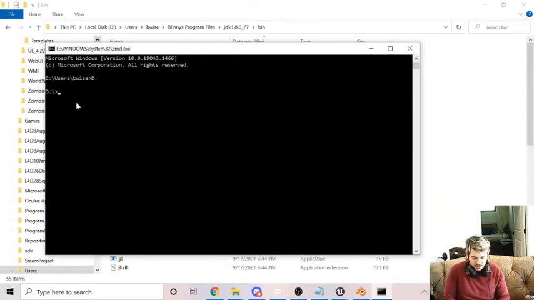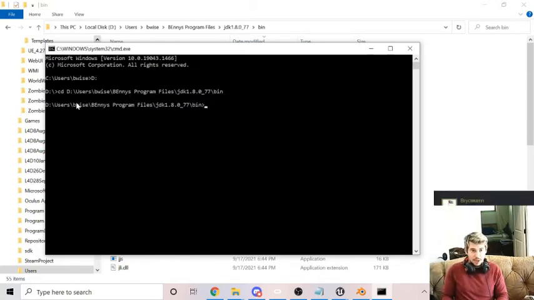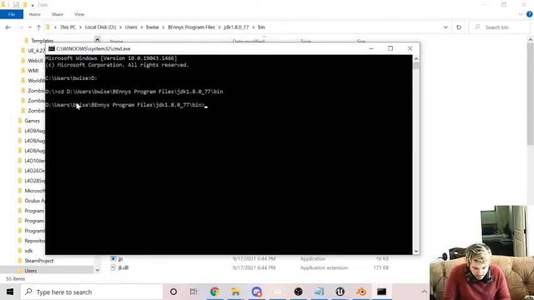And then we're going to want to type in, what was it? Oh, I might need to look at my little picture. CD, of course, CD, oh yeah, and then paste our directory. There we go, Control V. And then that should open up the bin. From the bin, all we need to do is type in keytool, this is the tool we're using,